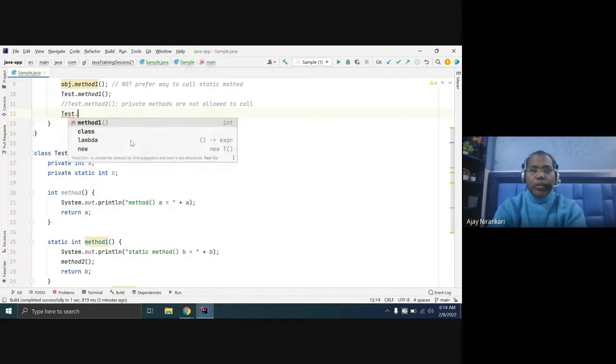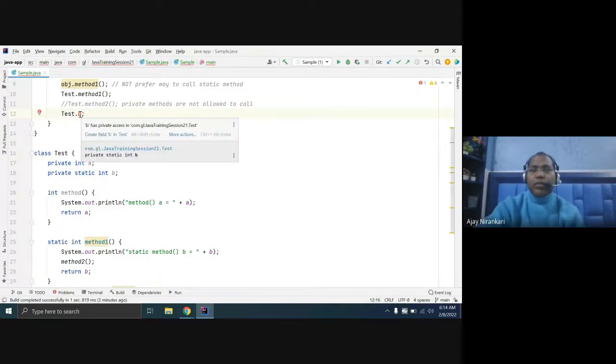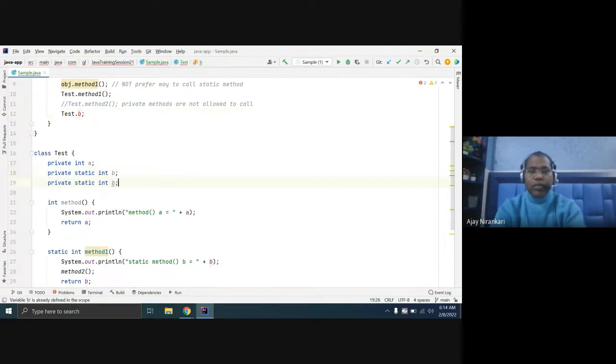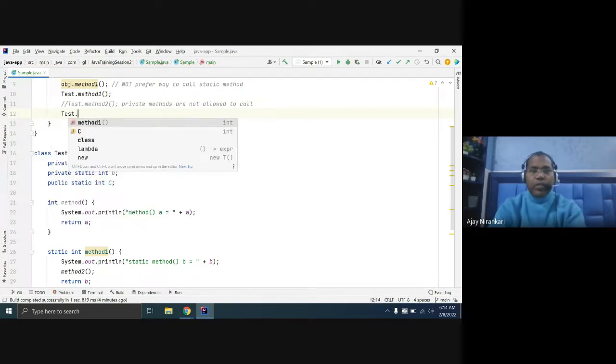If you try Test dot b, it is a private variable, you cannot access it. But you can declare some variable like static c, and here you just mention public. So this c variable you can access here. Test dot c.